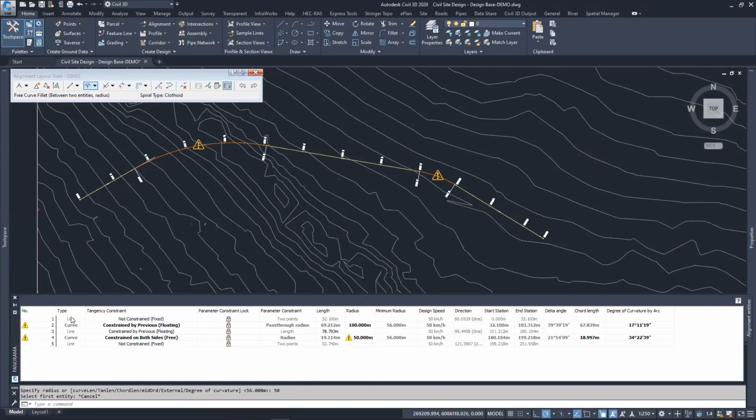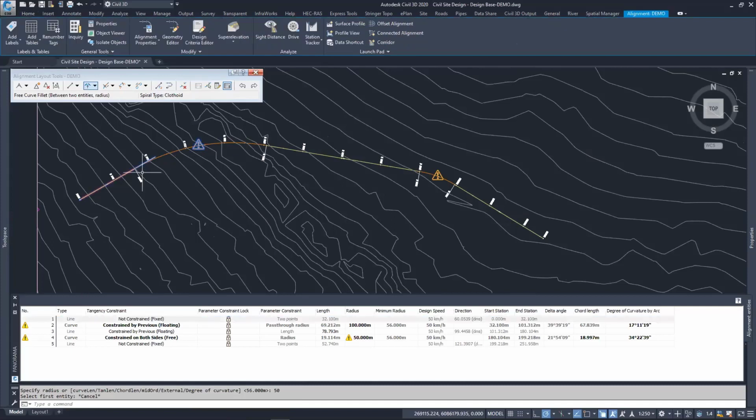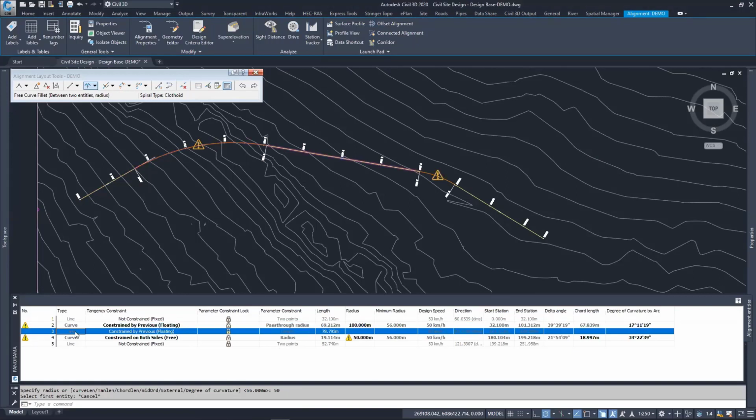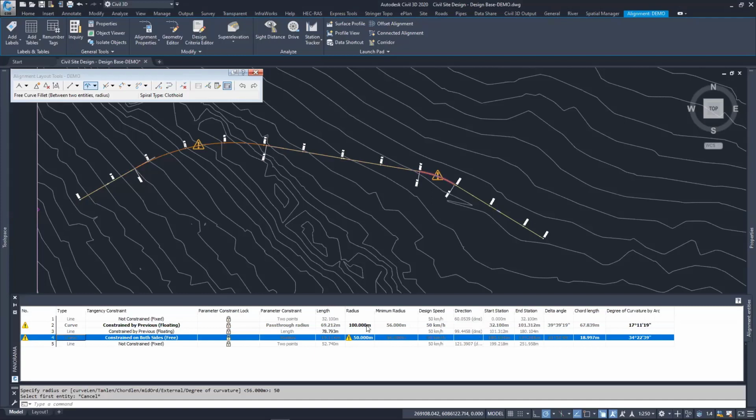they're listed. And I can select these and they'll illuminate or highlight in the plan view, which is very helpful when you've got a whole bunch of them in a long design. And so with this curve, we've got this radius here. Now I deliberately chose a number above and below that 56 because if I hover over this